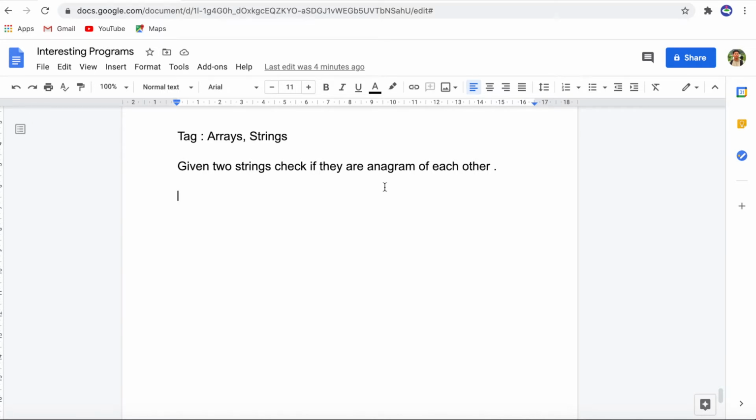Then we should first clarify some of the requirements with the interviewer. For example, we might want to ask what is an anagram. Anagram of a string is a string which can be formed by rearranging all the characters